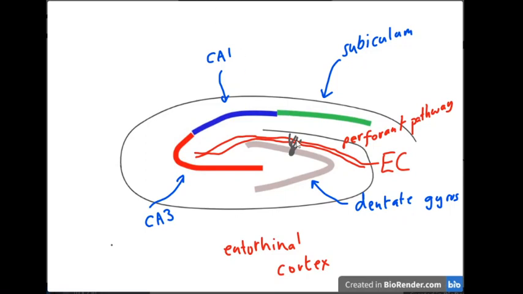And they synapse onto these neurons in the dentate gyrus. And these neurons in the dentate gyrus project themselves up into CA1. Sorry, I mean CA3, not CA1. So they project up into the CA3,